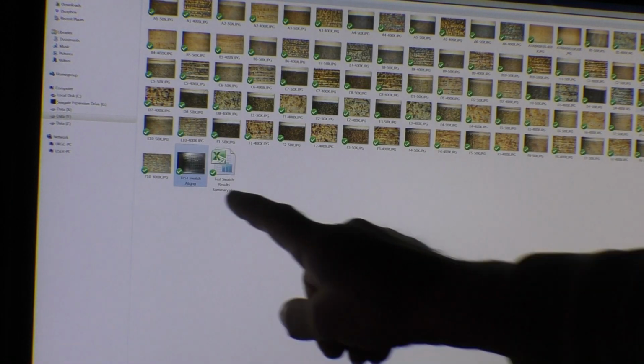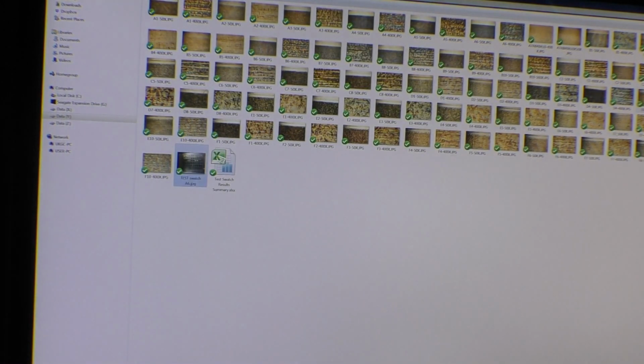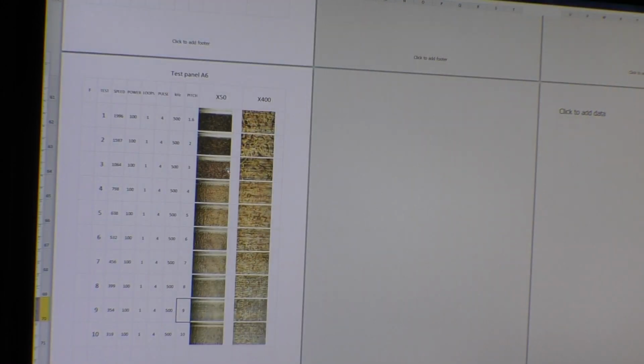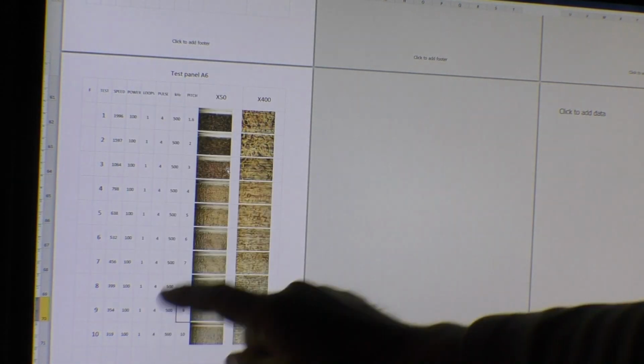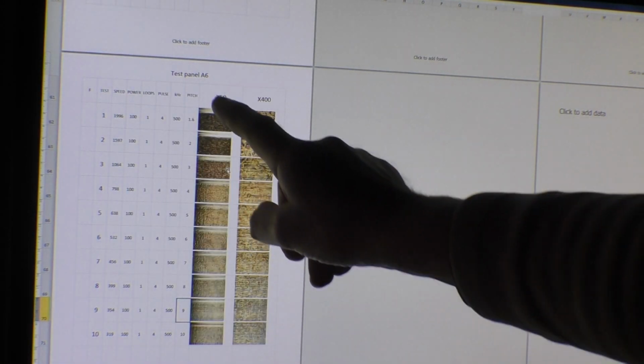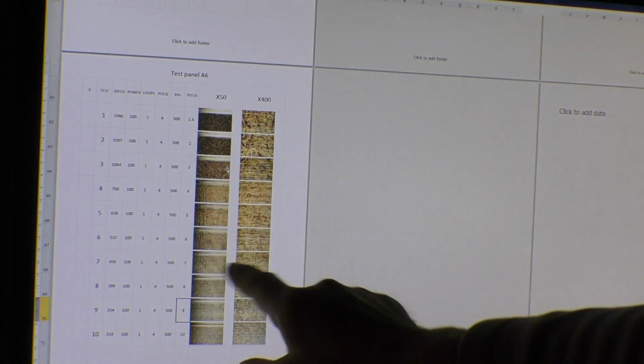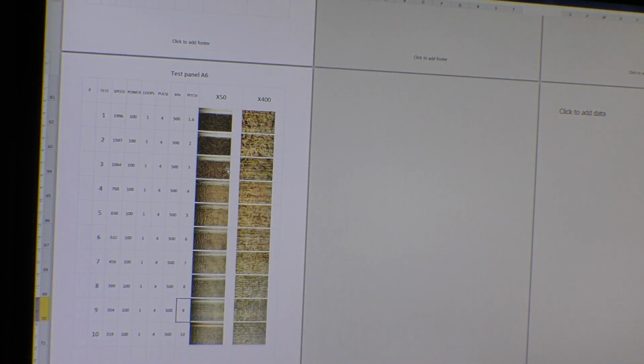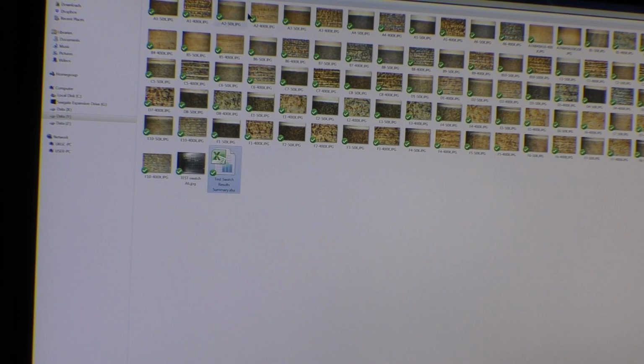Okay, you've actually got the test square picture here. And beside that, what we've got is a record in the form of a spreadsheet with all the parameters and two quick thumbnails of 50 times and 400 times between each result. So if you really are interested in seeing these images in high resolution, then I'm happy to